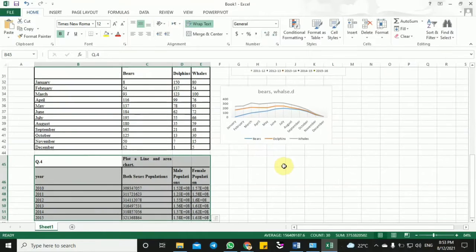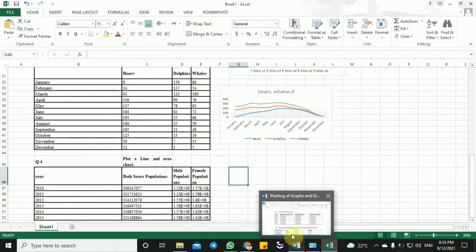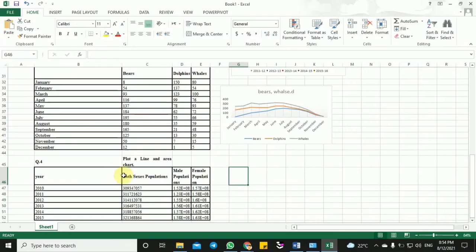So what is question number 4? Question number 4 says that line chart and area chart. Area chart is somewhat difficult, and it is not that much easy. Overall, we will go through the